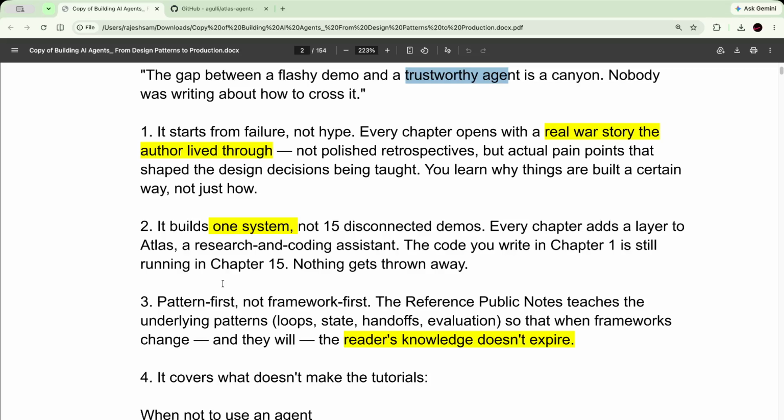So here, the author gives a 10,000 foot view of how to cross the canyon. Basically, Agentic AI in the background does these steps, like loops. The professionals call it while loops with a condition. A while loop keeps on running until it achieves a defined state or an end goal. So it keeps running without any human intervention, and when it completes its task, it stops. That's called the loops, right?